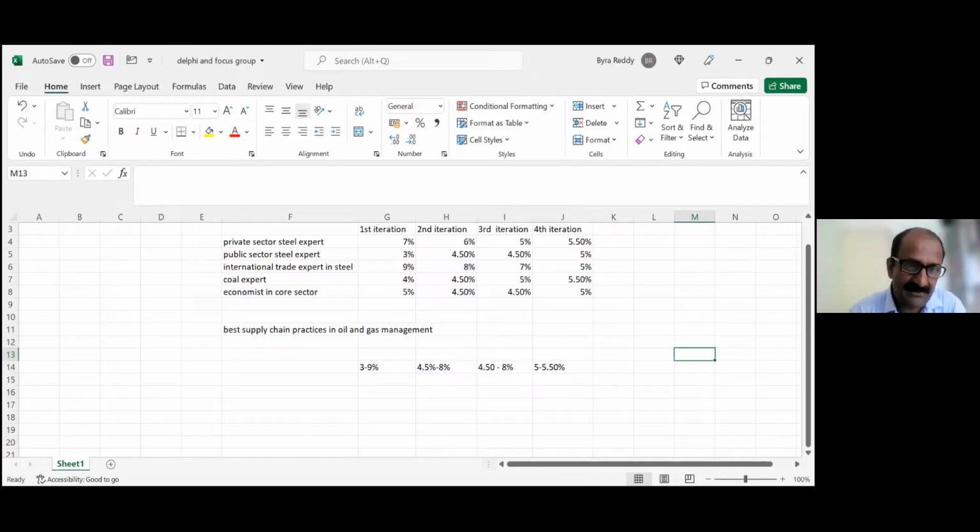Pokhriyalji, what is your research question? Is it as general as supply chain in oil and gas management? No, this is basically on digitalization of the supply chain for global reach. Okay. So if it is digitalization of supply chain,